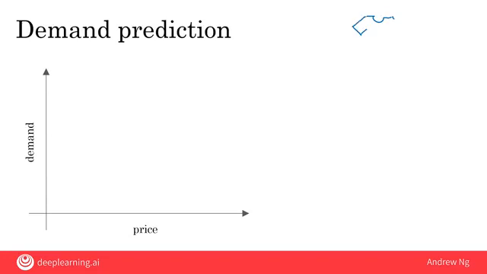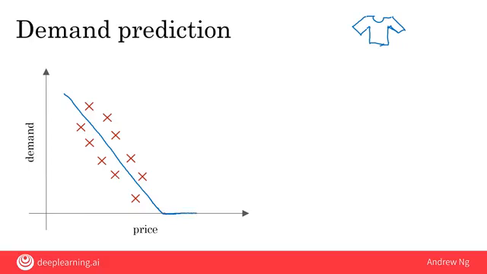Let's say you run a website that sells t-shirts and you want to know, based on how you price the t-shirts, how many units you expect to sell. You might then create a data set like this, where the higher the price of the t-shirt, the lower the demand. So you might fit a straight line to this data, showing that as the price goes up, the demand goes down. Now, demand can never go below zero, so maybe you say that the demand will flatten out at zero, and beyond a certain point, you expect pretty much no one to buy any t-shirts.